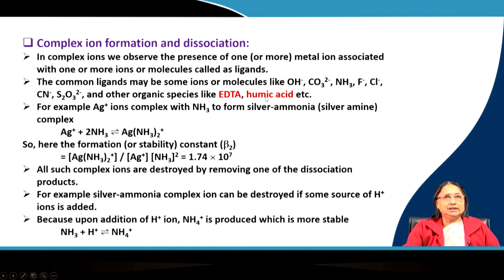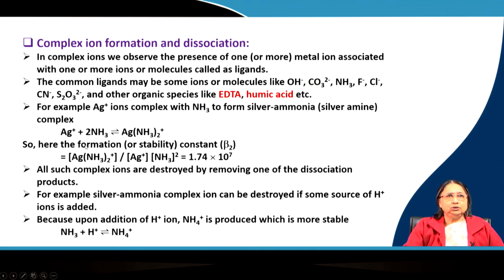In the humus substances we always see it is a natural color-forming agent. It has a very complex structure, and it can also combine with metal ions to form complexes. For example, silver plus ion forms a complex with ammonia to give the silver ammine complex, which has this structure, and it is in